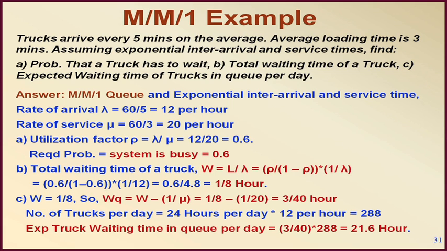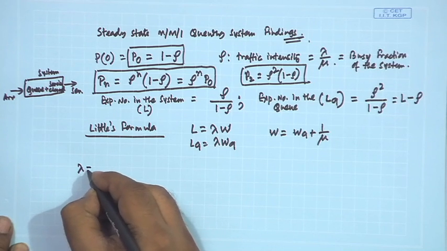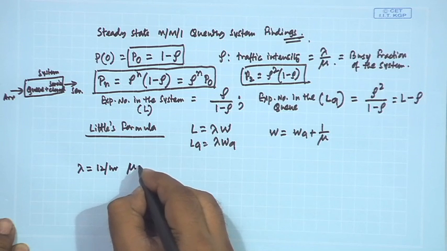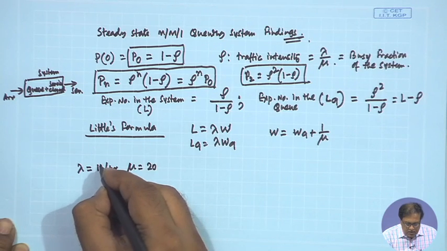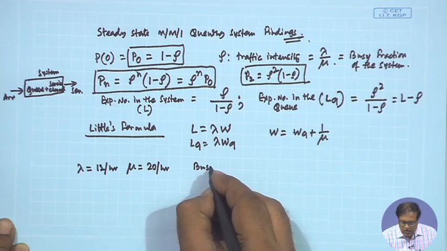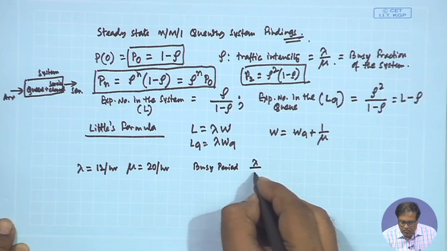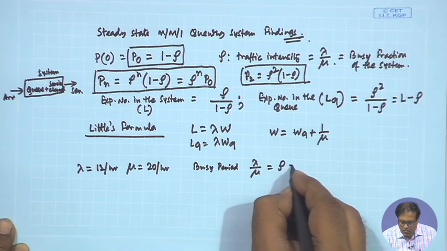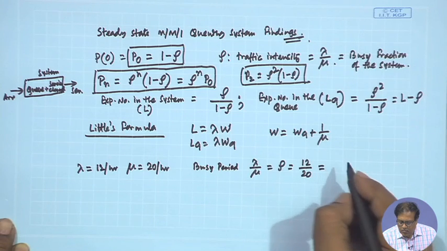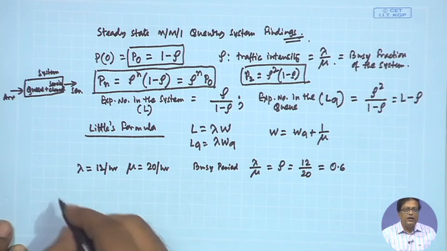So, let us calculate these also here. In this case, we know lambda equal to 12 per hour, mu equal to 20 per hour. So, busy period or traffic intensity is 0.6. So, the total waiting time of a truck